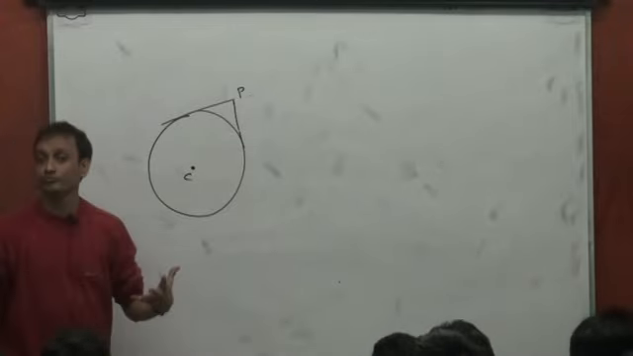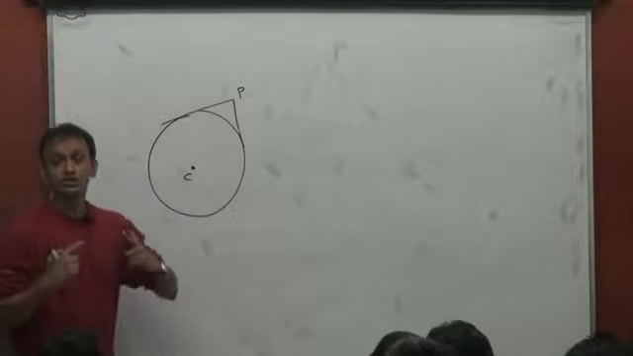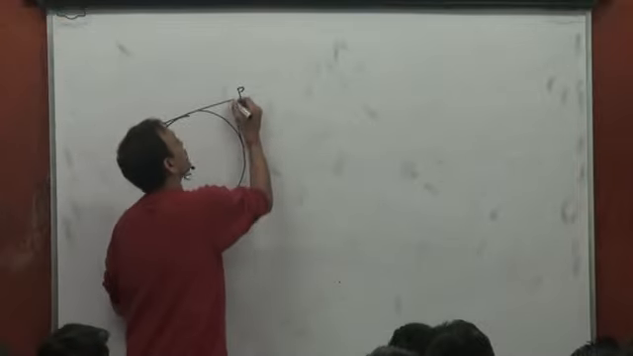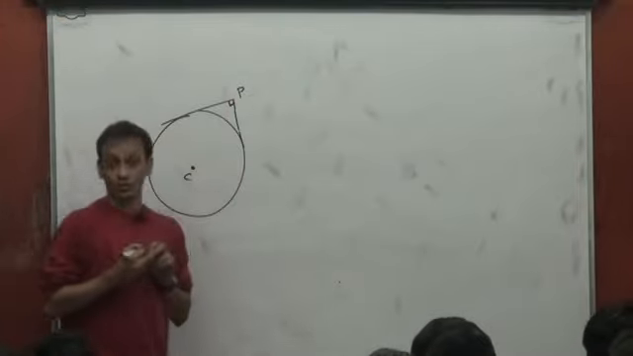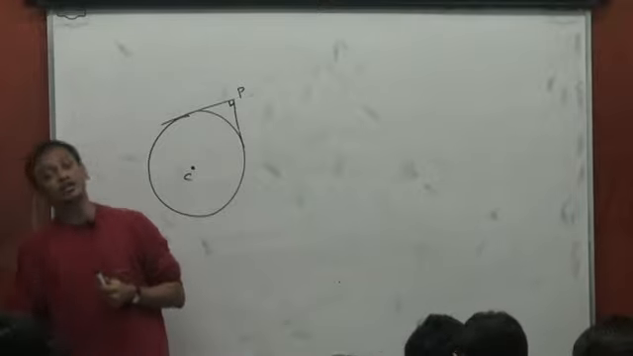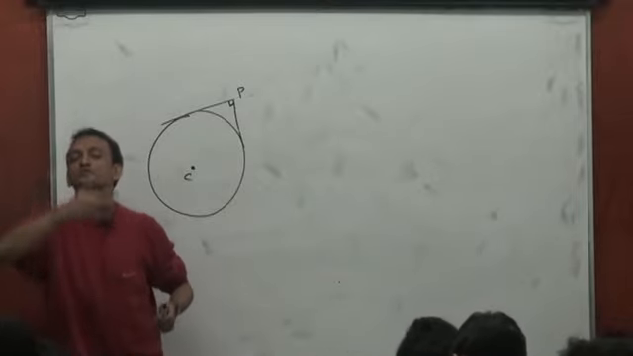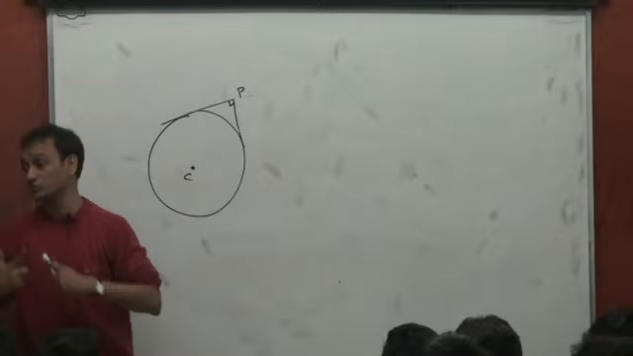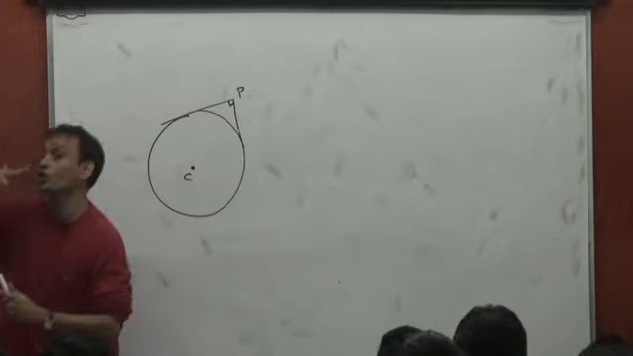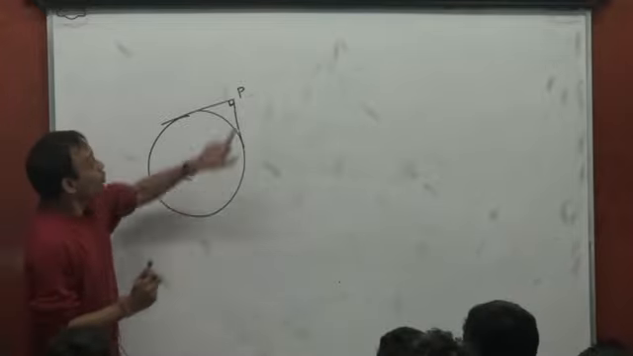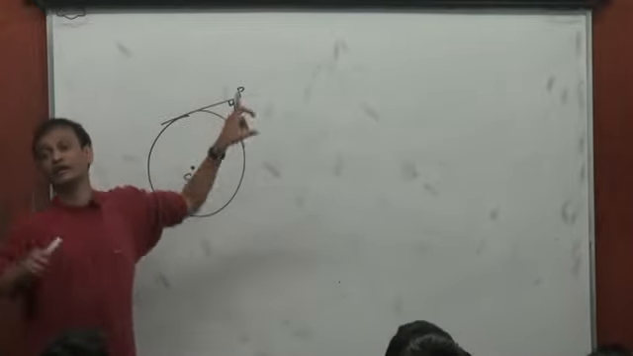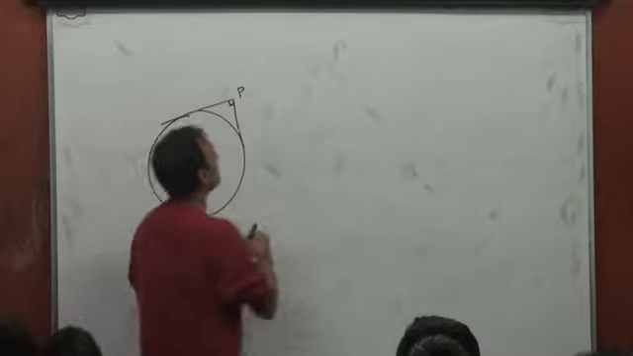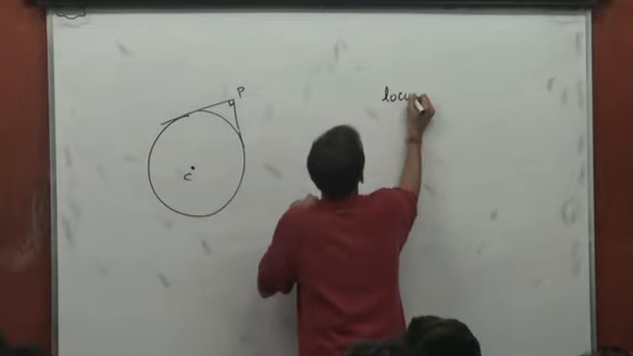Now, there is a bunch of points P such that from these points, if you draw tangents, then these tangents would be perpendicular. There exists a set of points P such that from these points, if you draw pairs of tangents, then these tangents would be mutually perpendicular or orthogonal. The locus of such points P is called the director circle. The locus of such points P,